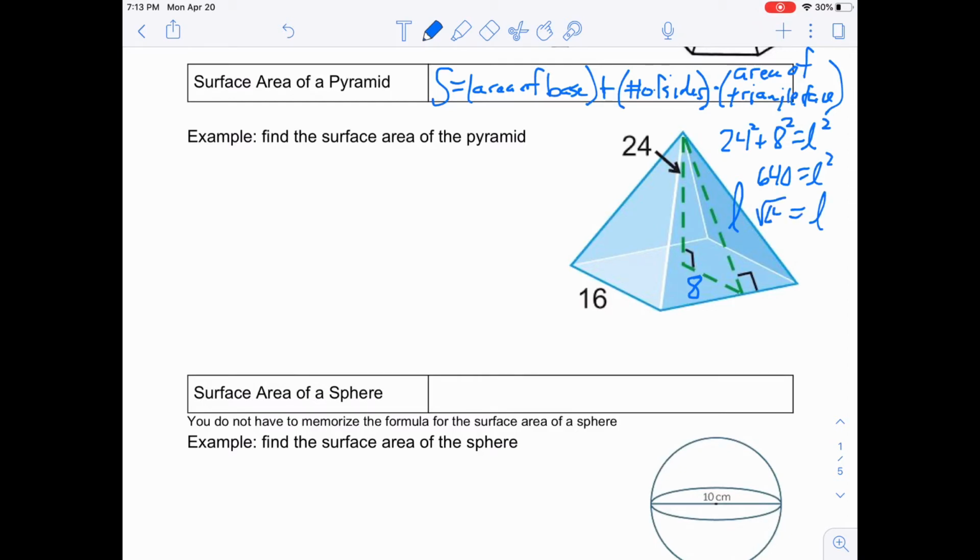Don't worry about the plus or minus because this is the side of a triangle, the height of a triangle. All right, now let's go ahead and figure out what the surface area of this is. Let's start with the base. So surface area